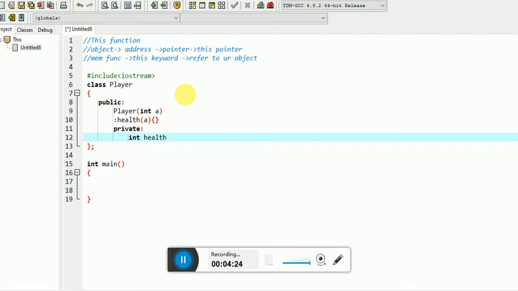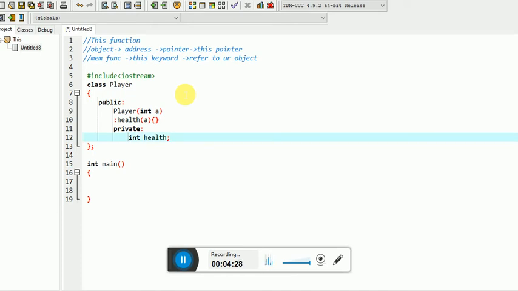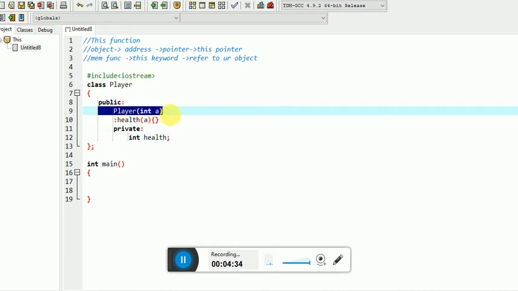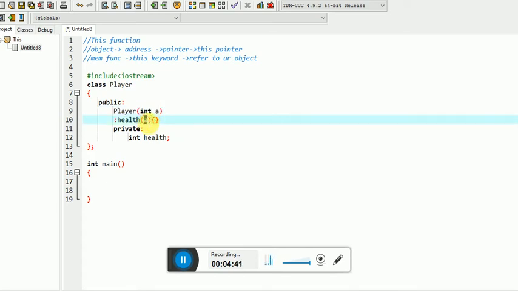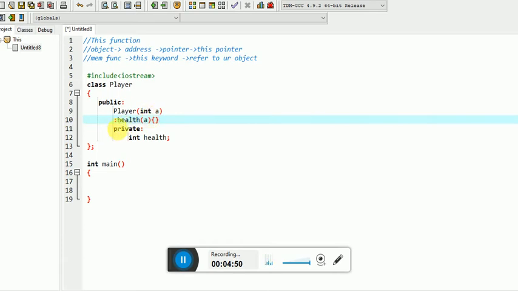So we have created a class which has a constructor with an input argument, and we will be assigning the value of the argument to our health. This attribute will be directly linked with the health. Now let's get further.